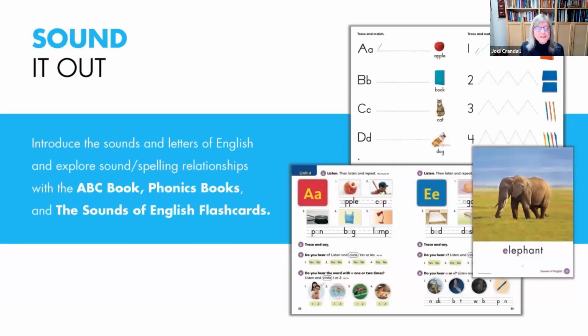The series also contains a number of separate books to help students learn the letters of the alphabet, which is in the ABC book. And in there, they also learn about numbers, they learn shapes, they also learn some of the basic simple words of English. And then there are 3 books that are focused specifically on phonics, on the relationships between the sounds and the spellings. And what's nice about these, as you'll see a little later, but also here, is that they're very much fun. They're not boring as so many phonics books are.